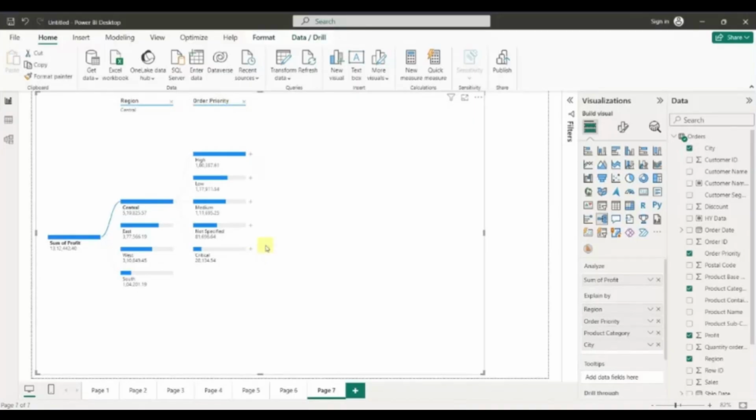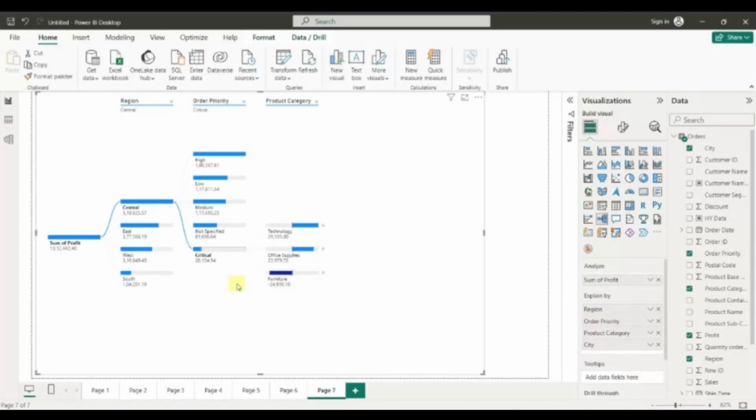Technically, you will think if order priority is critical, then the customer wants it urgently and we can charge a premium, but that doesn't seem to be the case. Let's see further. Let's see how it works category wise. And here you can see out of these categories, furniture is actually losing value. So when you have order priority critical and product category furniture, there's something seriously wrong because we're losing money here. So that shouldn't be the case. So you should dig further and find out what is causing the issues